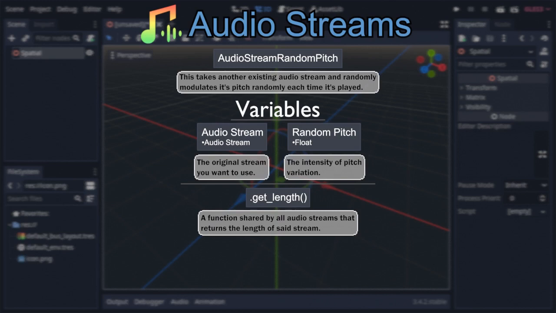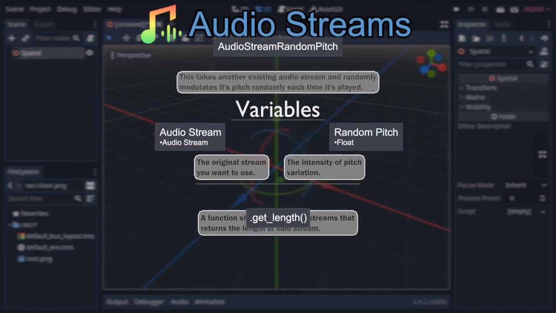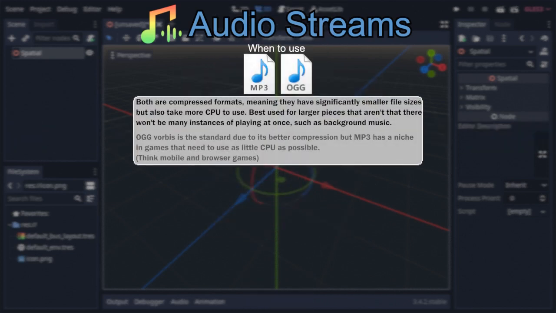Alright, so before moving on to audio stream players, I think it's important to talk about why you would want to use any particular audio format over another, kicking off with MP3 and OGG Vorbis. Both are compressed audio formats, meaning that they have very small file sizes at the cost of a notable CPU overhead on playback. This makes them perfect for background music, ambient noise, and other large pieces of audio that are rarely played together. OGG Vorbis is the standard due to its stronger compression, resulting in smaller file sizes and better sound